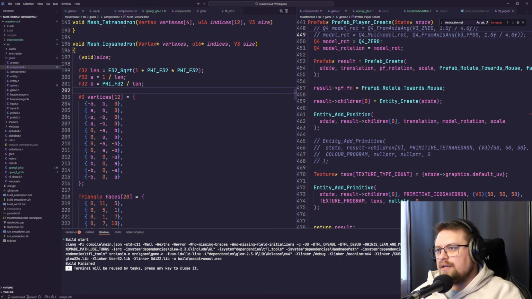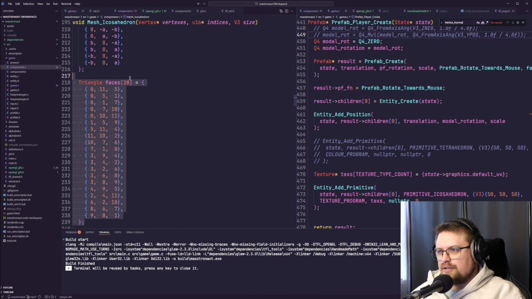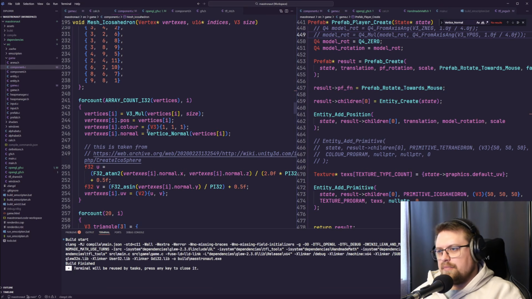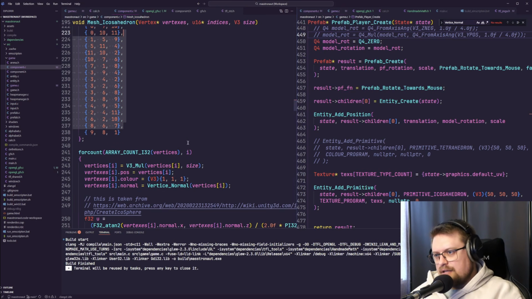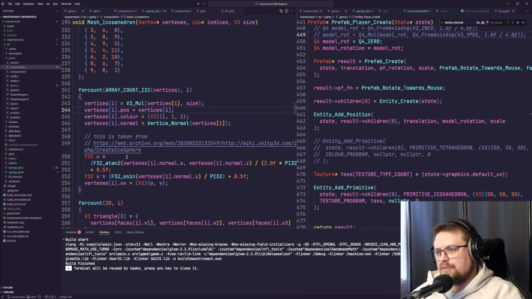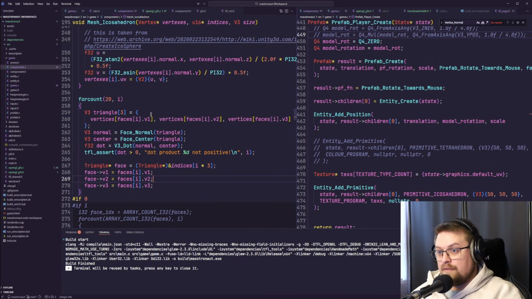Not this one. Here. This icosahedron... We're creating an icosahedron, and these are kind of hard-coded values based on some number here. And I'm sure that I could take this size and multiply it maybe here. But yeah, I have these static vertices, and I set them here, and then I can also multiply it by the size. And I have faces here